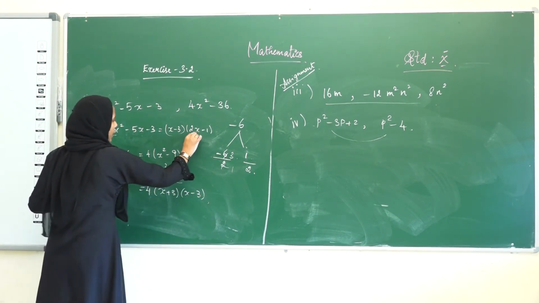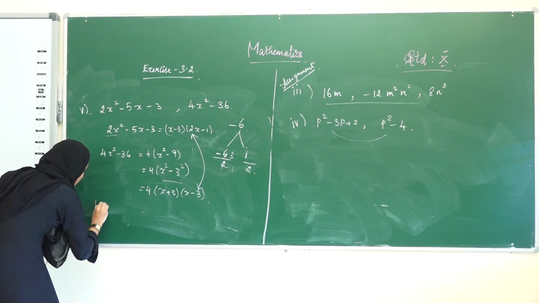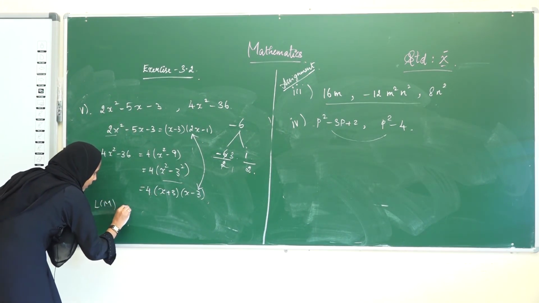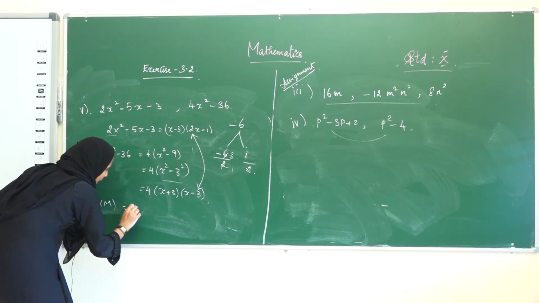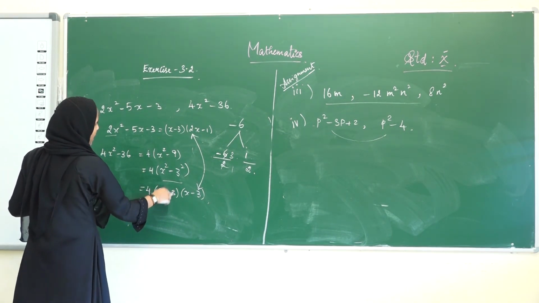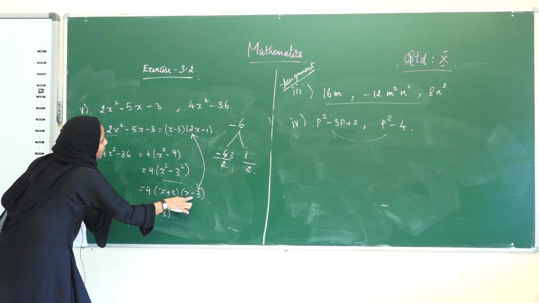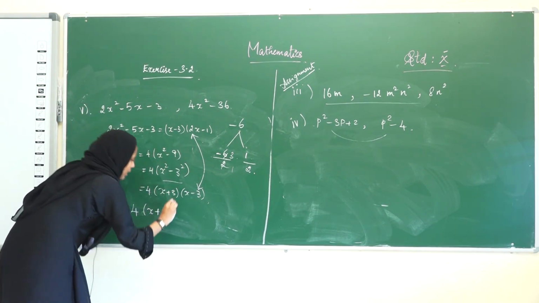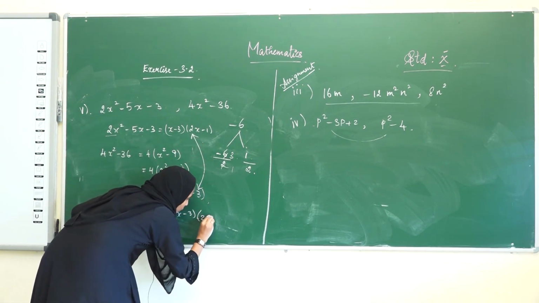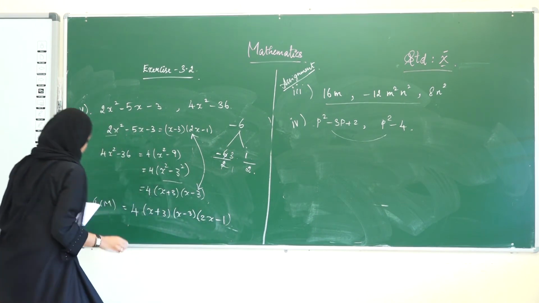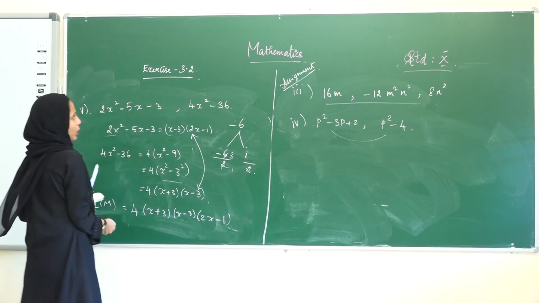Now, we have to consider these two terms. On considering these two terms, the LCM will be: there is no coefficient here, therefore 4 will be as it is. x plus 3 we don't have in the other, therefore x plus 3 comes as it is. Here x minus 3, we have x minus 3 here, therefore one x minus 3, and this term 2x minus 1. This will be the answer, the LCM of these two polynomials.